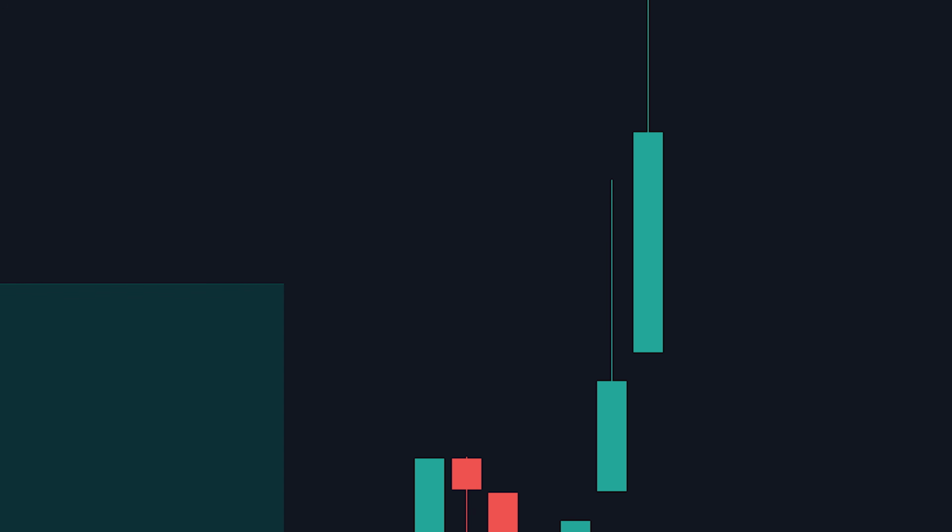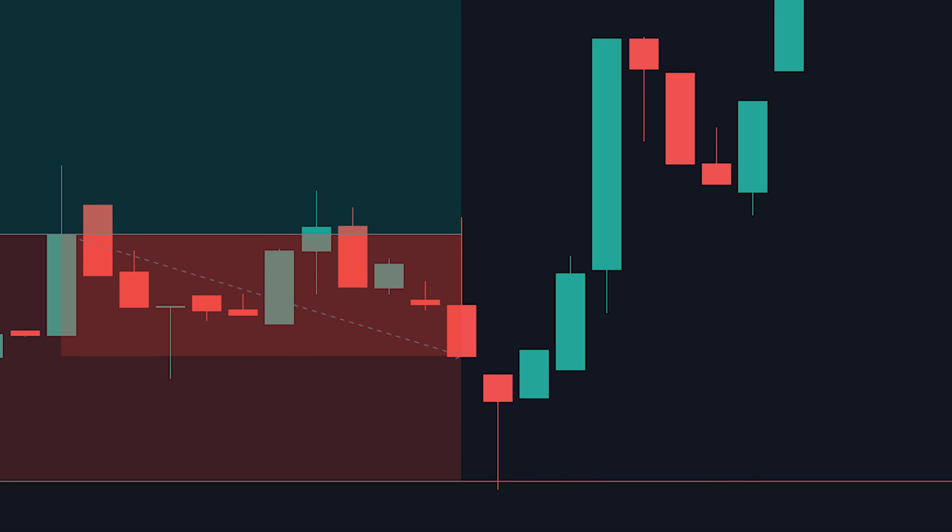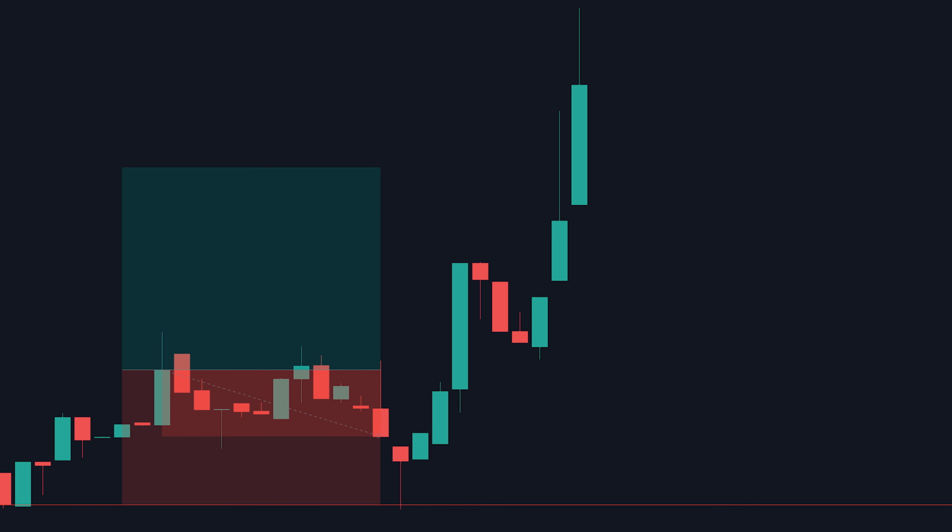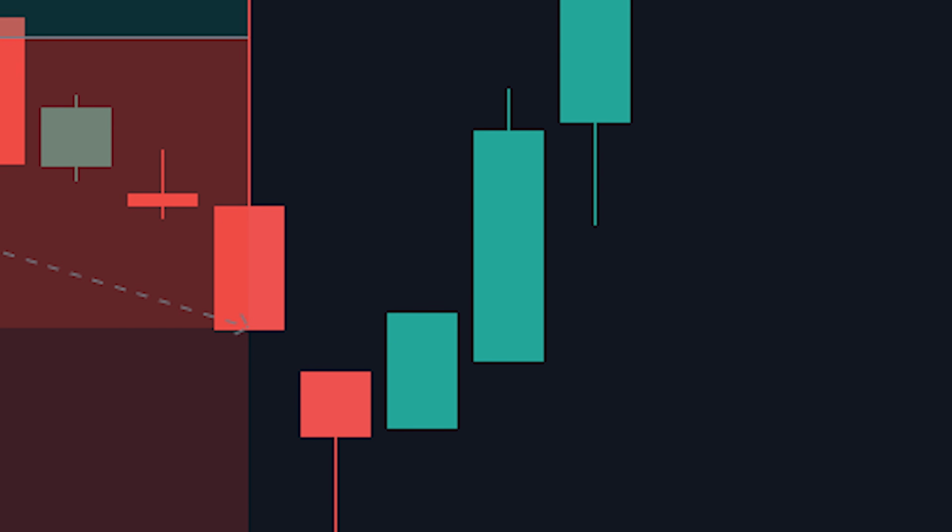It turns out you were right about the chart going up, but unfortunately, the price barely hit your stop loss before doing so, resulting in a losing trade, and most importantly, missing out on all this profit.